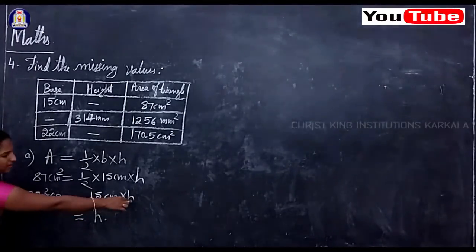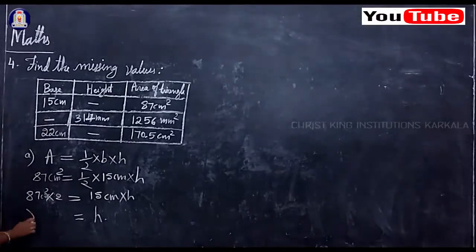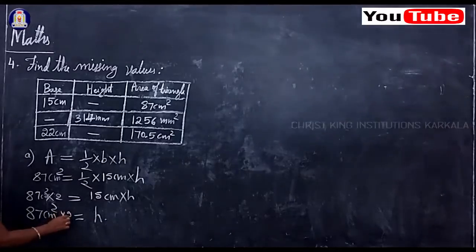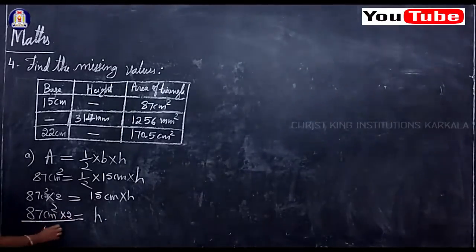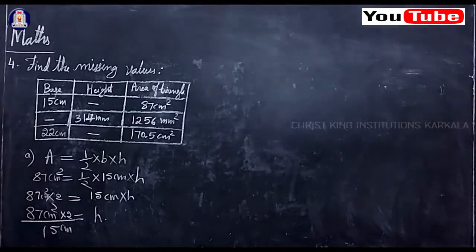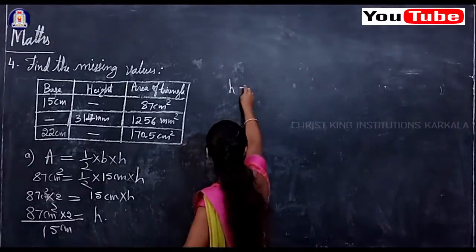So this 15 is multiplied to h, so it will divide the another side. So 87 centimeter square into 2 divided by 15 centimeter. Now we want to find h. So h is equal to